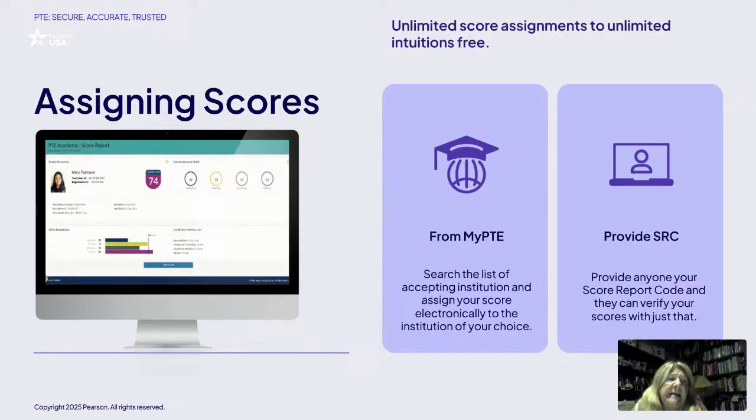Very easy to assign. And as we said, because the test is AI generated, you could schedule to take your test on Monday, or probably Tuesday, get your scores back Wednesday or Thursday, and turn around and send your score by Friday. So rather than waiting two or three weeks to sign up for a test and then waiting two more weeks to get your scores, this all happens very, very quickly.